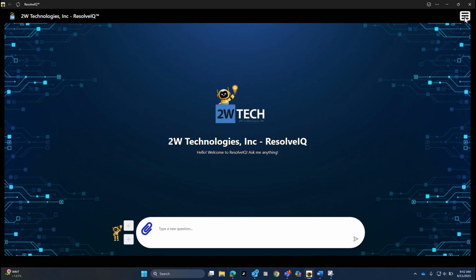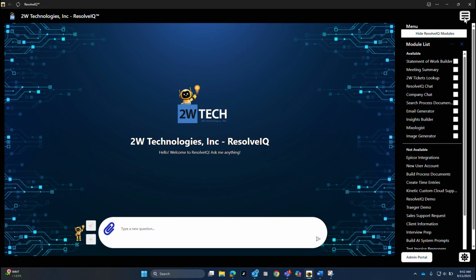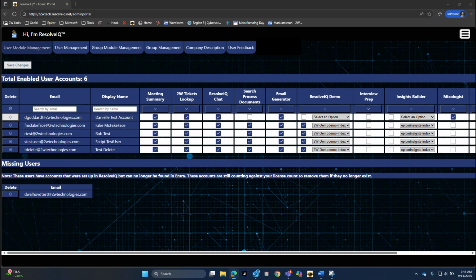First, simply pop open that side menu and click on Admin Portal. This is a very simplistic admin dashboard to provide only what you need with none of the noise, similar to everything else we do. So this first tab is User Module Management. This shows all the users you have a license for and the respective use cases that are on for each